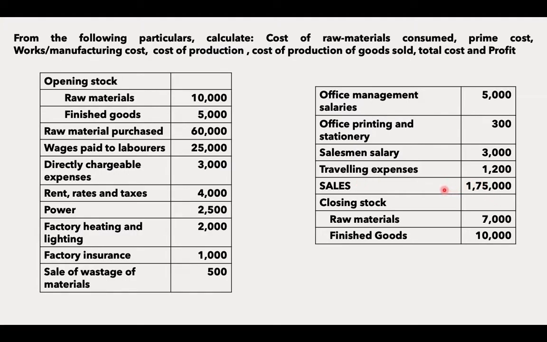While we are calculating the cost sheet, we will get the total cost. So the total cost, or cost of sales, has to be compared with the actual sales. If the actual sales is more, we will get the profit. If the actual sales is less, we will get the loss. And here we have the closing stock of raw materials and finished goods. These have to be adjusted while calculating the raw materials consumed and the finished goods. Closing stock items have to be reduced there. So now we'll see the solution, how it comes.